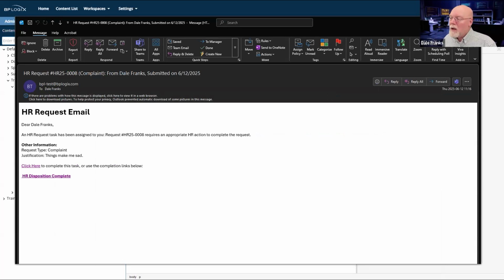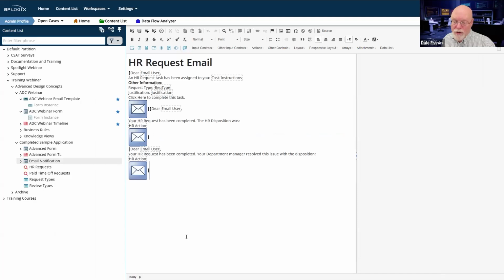So there aren't going to be any controls on your form. You can't have any text boxes or drop downs or anything like that. And even if you could put them on there, that data would go nowhere, because that's not how email works. Email is not a data input method. It's not built into the email system. It never has been, most likely never will be.